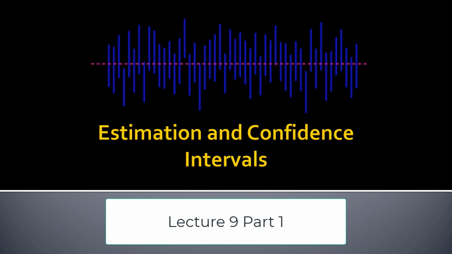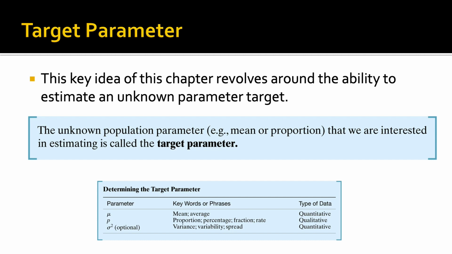Estimation and confidence intervals. The key idea of this chapter revolves around the ability to estimate an unknown parameter target. So remember, in statistics, what we want to know is what is true, and what is true is in fact the parameter. Right? A parameter is based on a population, and a statistic is based on a sample. So in this chapter, we take a statistic and we try to estimate the parameter. But since we know that's extremely difficult, we take a sample from the population and use it to estimate the